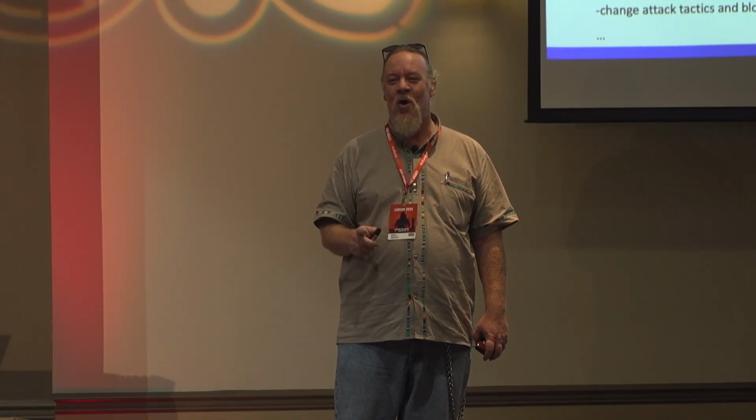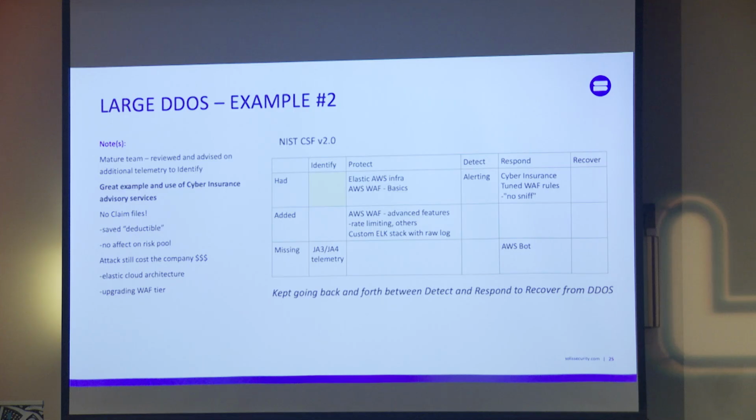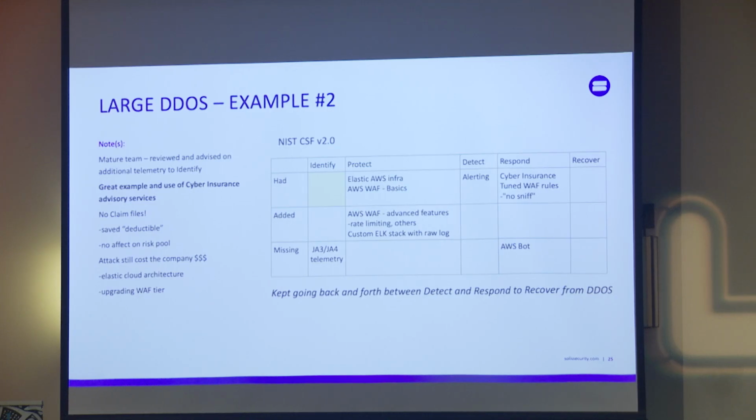It's like working on your car and something goes wrong. You're like, oh, it's a new problem. No, go back and look at what you just did a week ago. It's probably going to be related to that. So in the notes of this, to put this in this cyber CSF perspective, they kept going back and forth between protect and detect. They did a good identification phase by having a WAF and identifying the protections they needed. But when it came to protections, they put those in place. They had the alerting, and they used their cyber insurance.